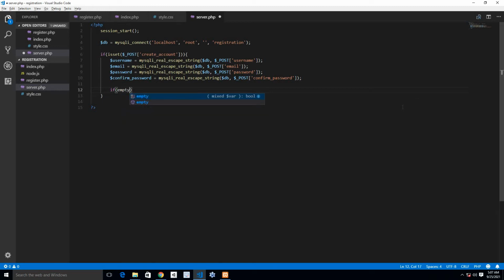So if empty, and if the username field is empty,